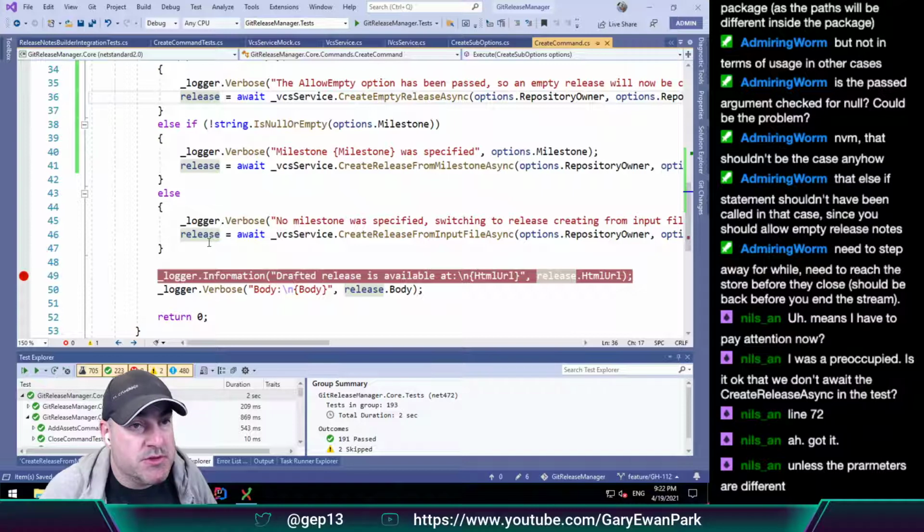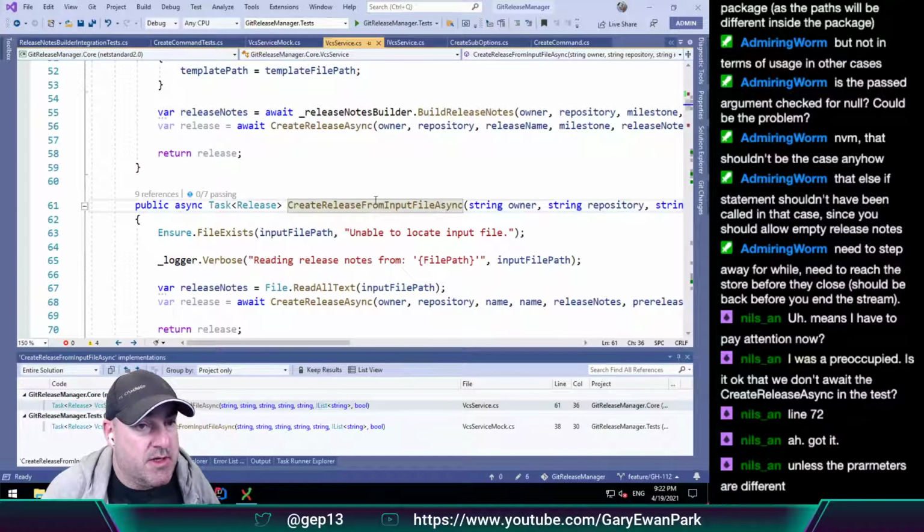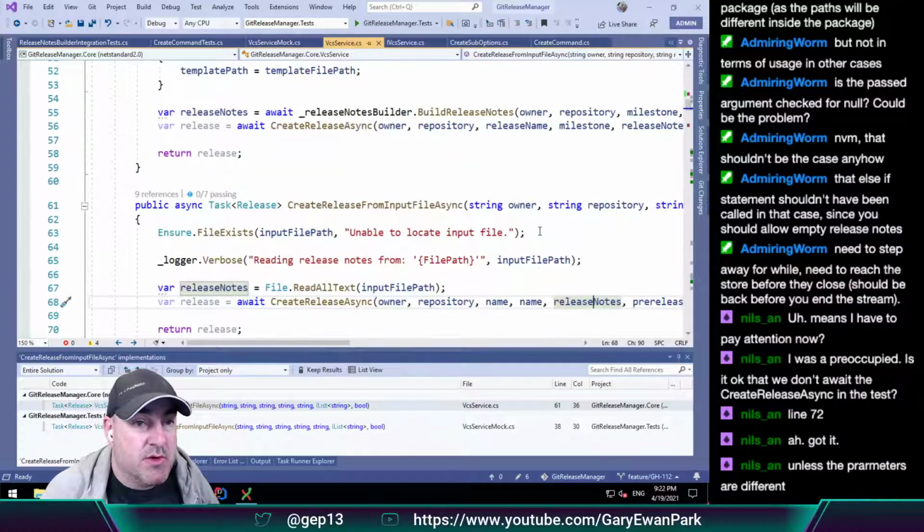No milestone was specified. Switching to release create from input file, and if we go to this one and we look at its implementation, and in here we are calling read all text, and then those are what's passed into the release notes. When we did it the other way around, we are passing in